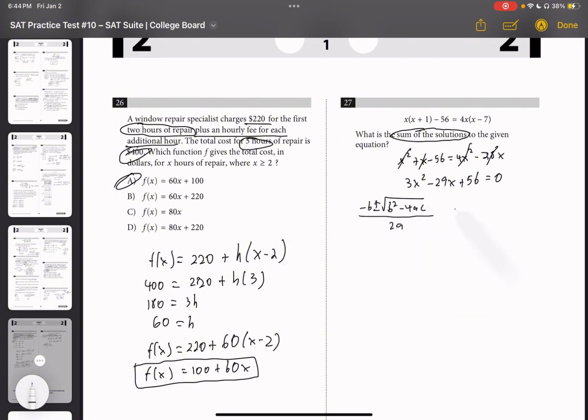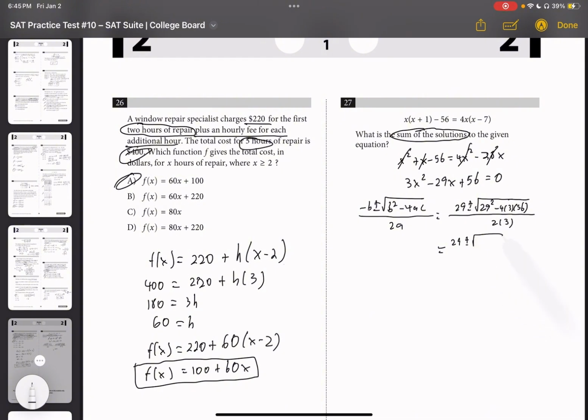So we get 29 plus or minus the square root of 29 squared minus 4ac over 2 times a, and this is going to be equivalent to 29 plus or minus the square root of 29 squared minus 4 times 3 times 56,